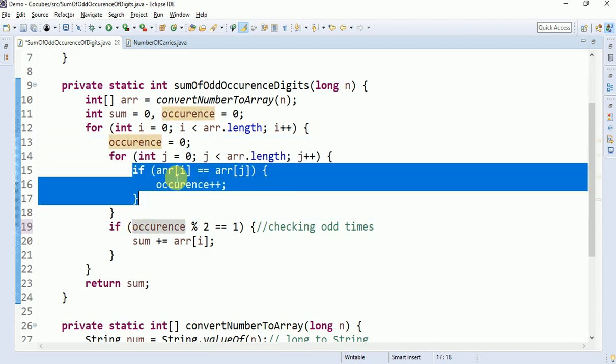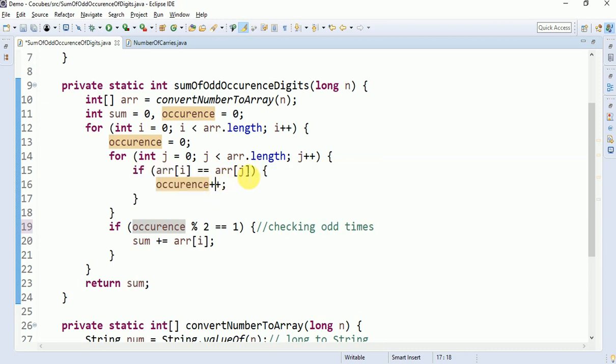Okay, so here it is starting. What am I doing? We generally know, if array of I is matching with array of j, then both are matching. So that means you have to increase your occurrence. Next, for the second, j plus plus means it becomes the second iteration.